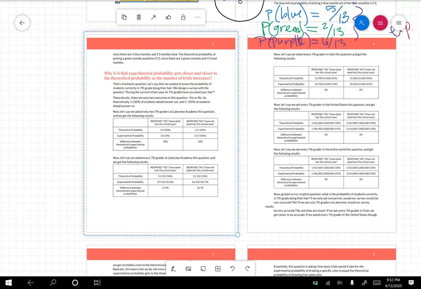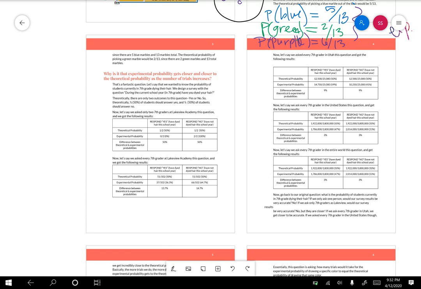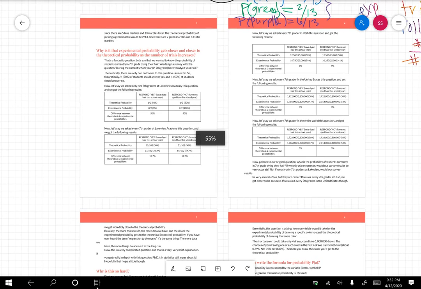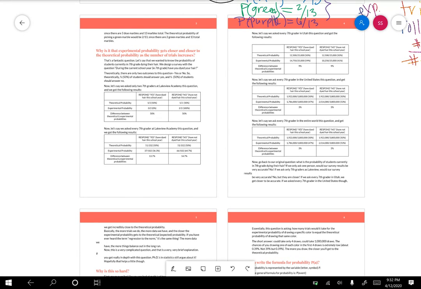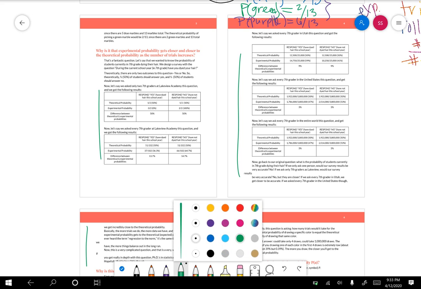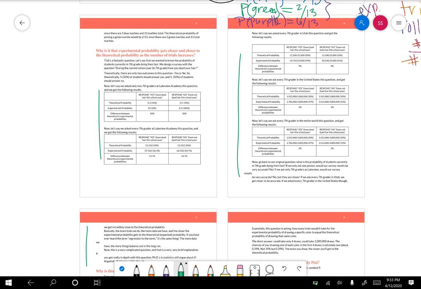Why is it that experimental probability gets closer and closer to theoretical probability as the number of trials increase? This is a really deep question. Honestly, it's kind of a hard one to answer. There's a lot of debate on it even still. I'm not going to go through this entire example that I've written out for you. Okay. The gist of it though, is